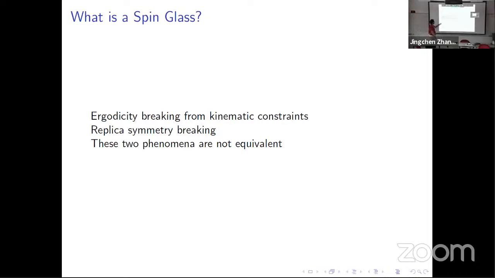The other is replica symmetry breaking, which is a pretty complicated and technical thing, and I'm not going to go into it in detail. But the basic idea is, a lot of the time when studying disordered systems, we make an approximation called the annealed average, or the annealed approximation, and sometimes that breaks down. When that happens, that's often associated with ergodicity breaking, so we put them under the umbrella term of spin glass, even though they are separate things, and again, you can have one but not the other.